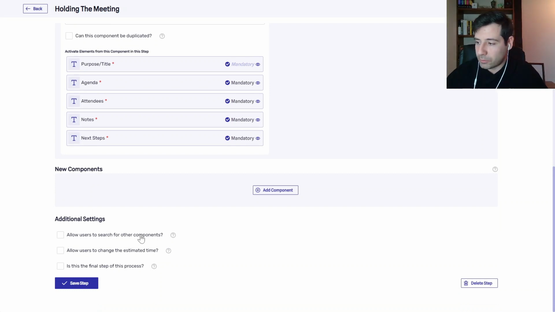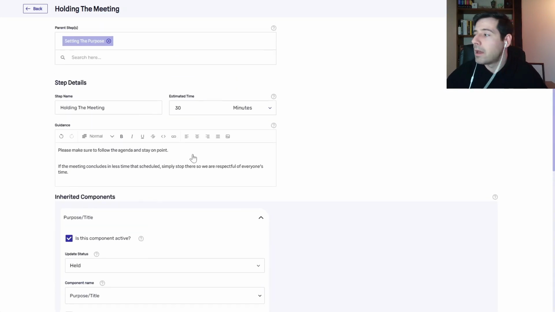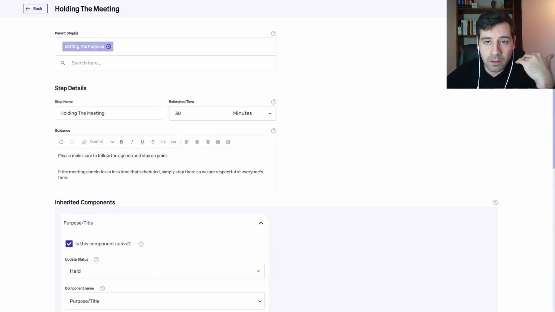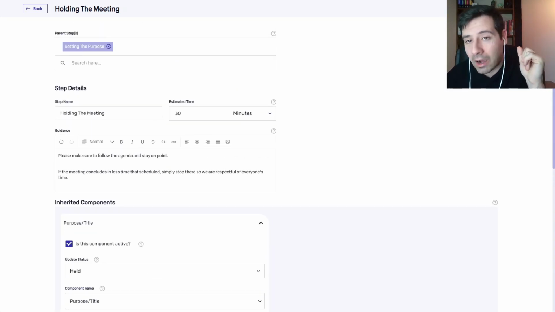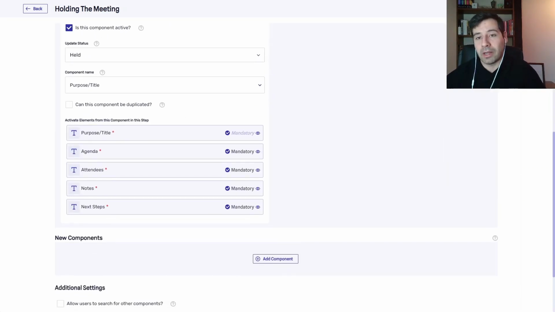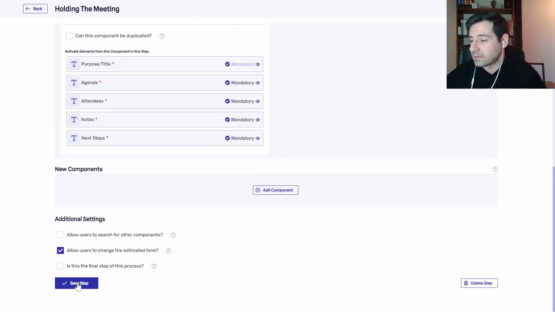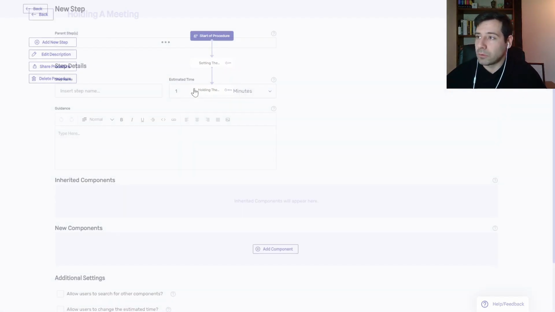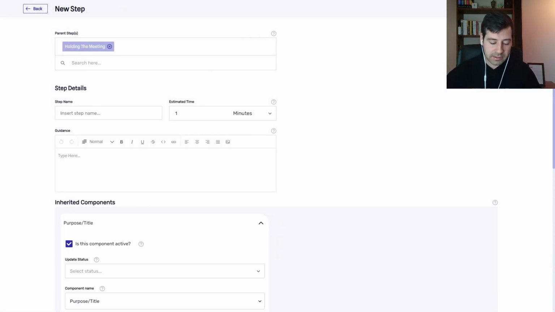I don't want people to search for other components. However, I do want to allow users to change the estimated time. Why? Because maybe the meeting is an hour or 45 minutes or 15 minutes. So in this specific case, I want to allow them to change the time. Is this the final step? No. Okay. And so we have 2 steps now, and let's create one final one, which is